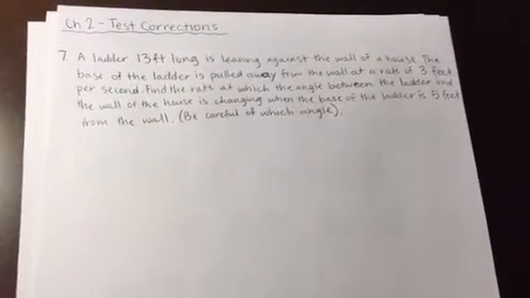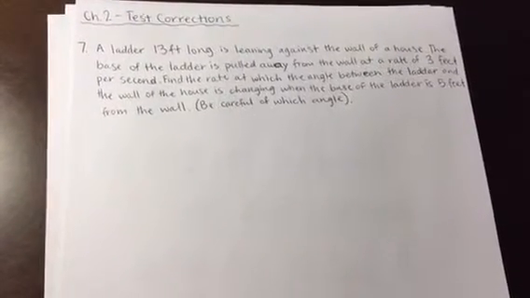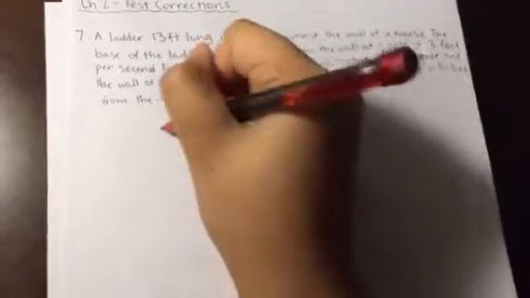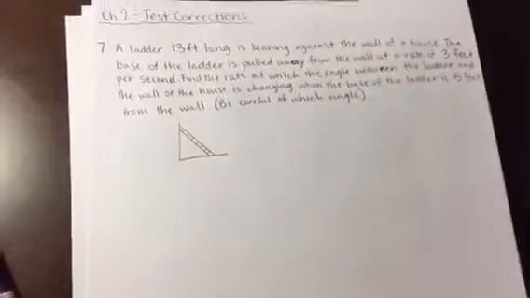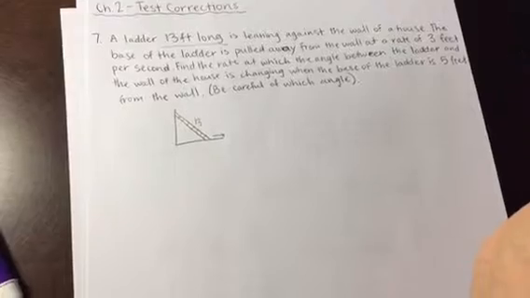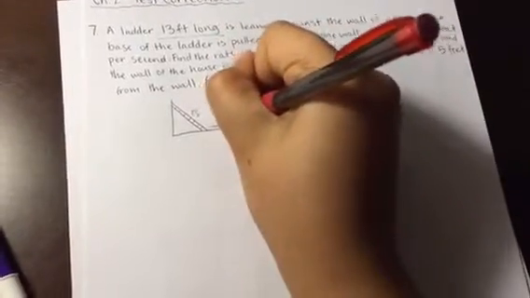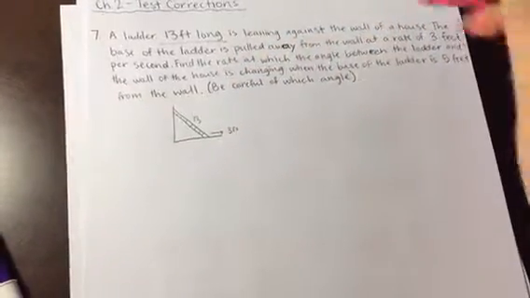For these types of word problems, it's best to draw a picture and then write out what information you're given initially. So what we have here is the wall and the ground, and then we have the ladder. Okay, so the ladder is 13 feet long and is leaning against the wall. The base of the ladder is pulled away from the wall, so the base is getting pulled away at a rate of 3 feet per second. Find the rate at which the angle between the ladder and the wall